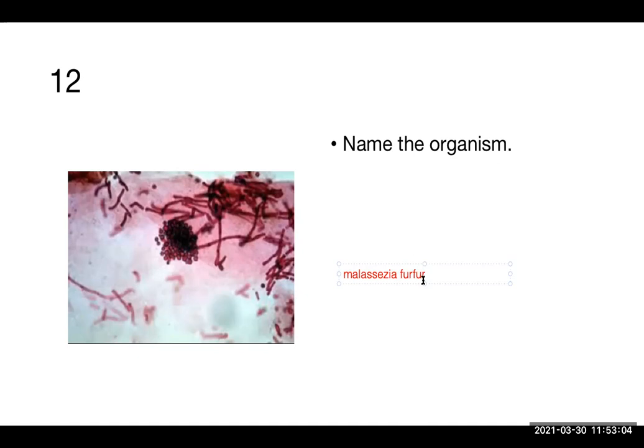So this is called spaghetti and meatball appearance. Look at this long, filament-like structure. This looks like spaghetti, and this looks like a meatball. So there are clearly two forms I can see here. These rounded ones are the yeast form, and these are the mycelial form. So this is a type of dimorphic fungi. Dimorphic fungi, Malassezia furfur, and the disease which is caused by this is called tinea versicolor, a very